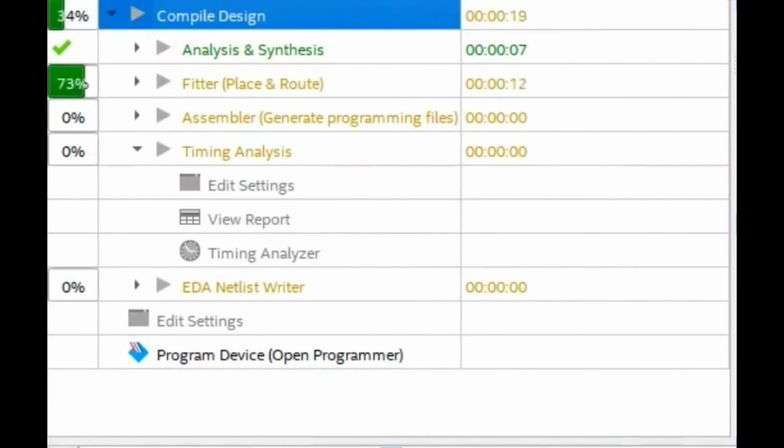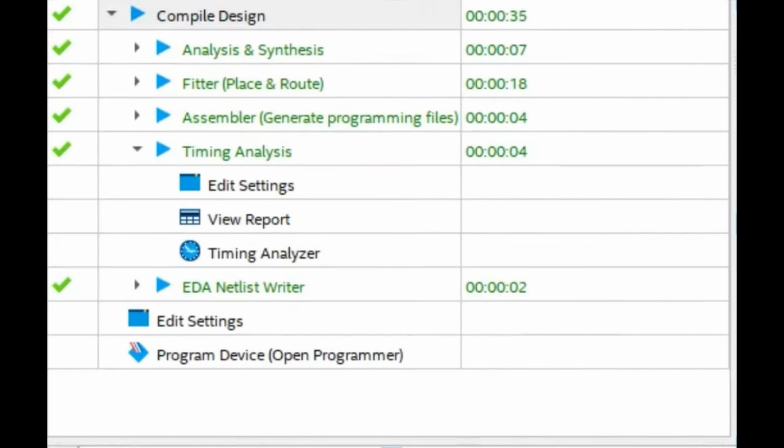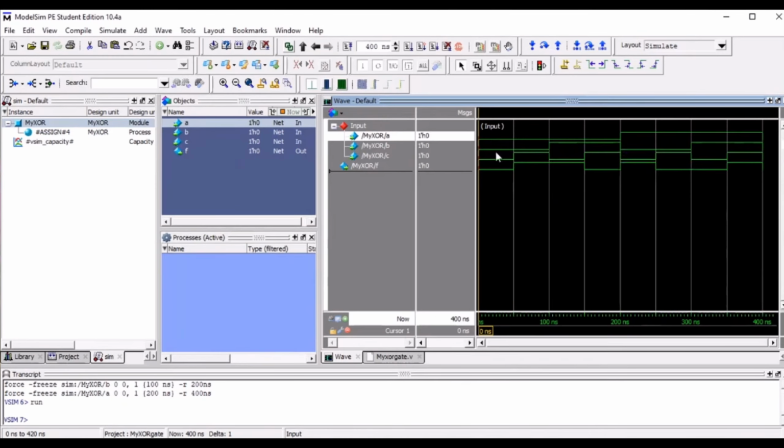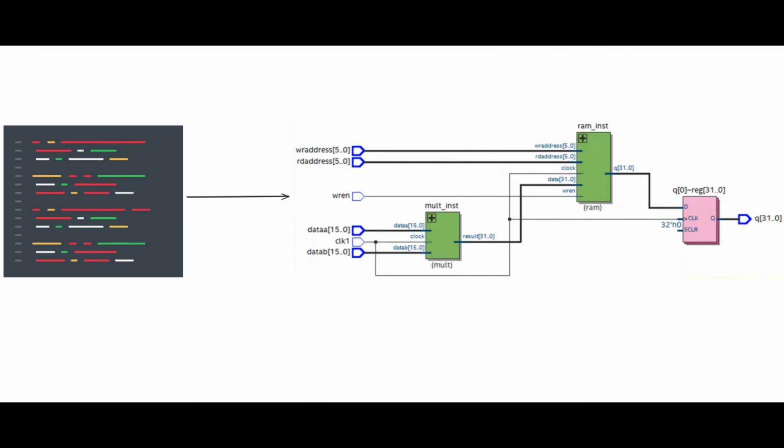Quartus is a software used to synthesize HTML code, but it's really slow and bloated. ModelSim is a program used to simulate HTML code, but it's also slow and bloated, plus it's very old and unintuitive. If you're wondering what HTML code is, it's a category of programming languages, but instead of generating a program